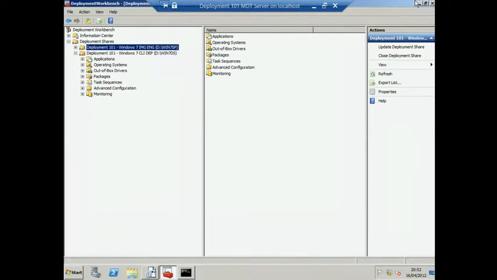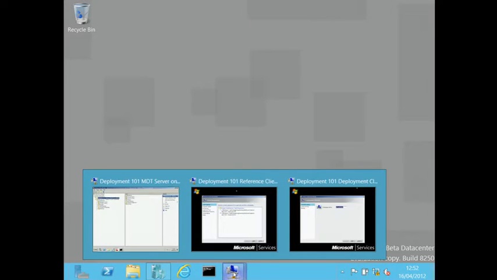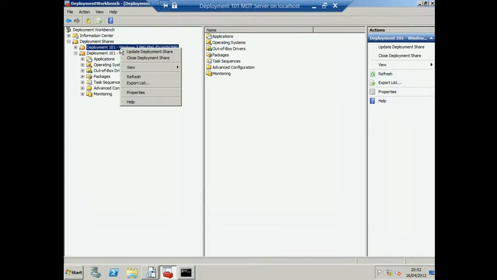So let me show you what that now looks like from the flip side. Let me show you what that looks like from the point of view of the client being built. Here's my reference client. Here's the virtual machine that I'm going to build, sysprep, and capture as an image. You can see that I'm seeing two task sequences available, x64 and x86. The reason I'm seeing this task sequence wizard is because in the CustomSettings.ini file within MDT,